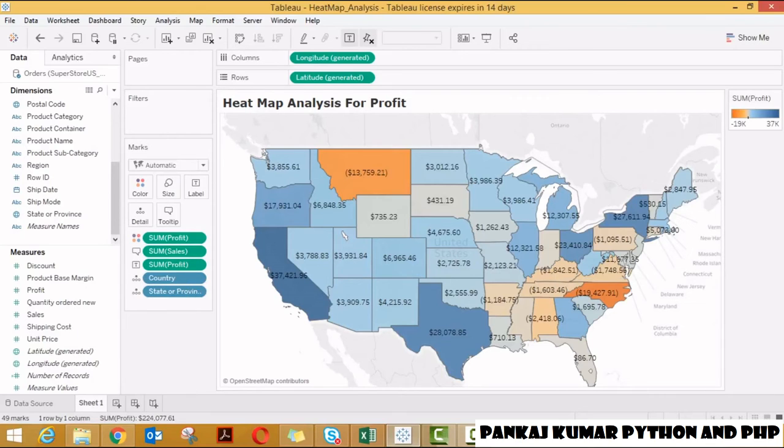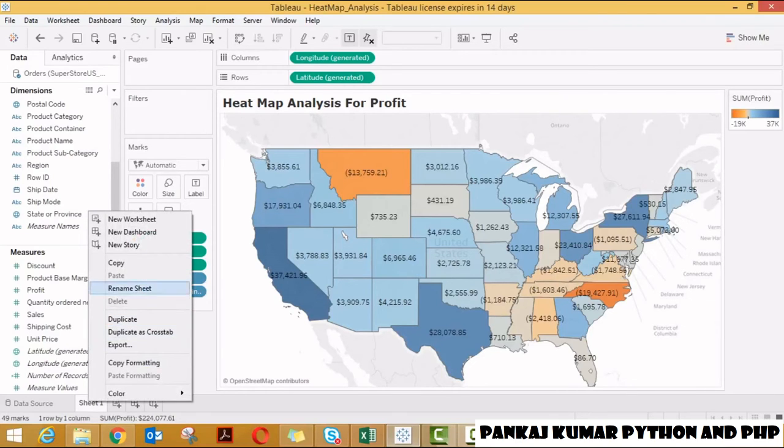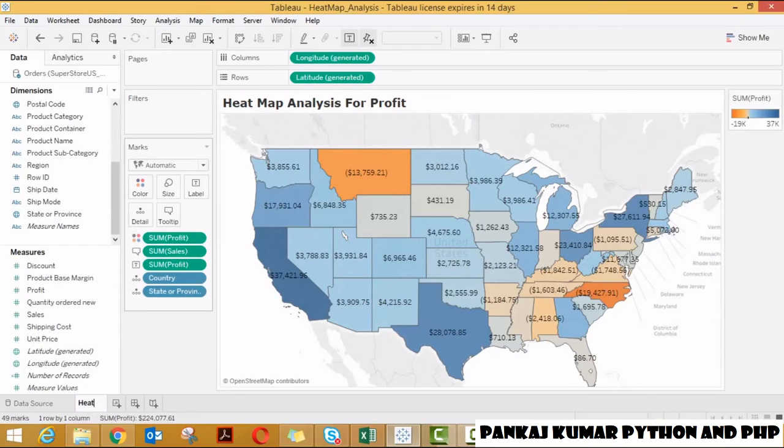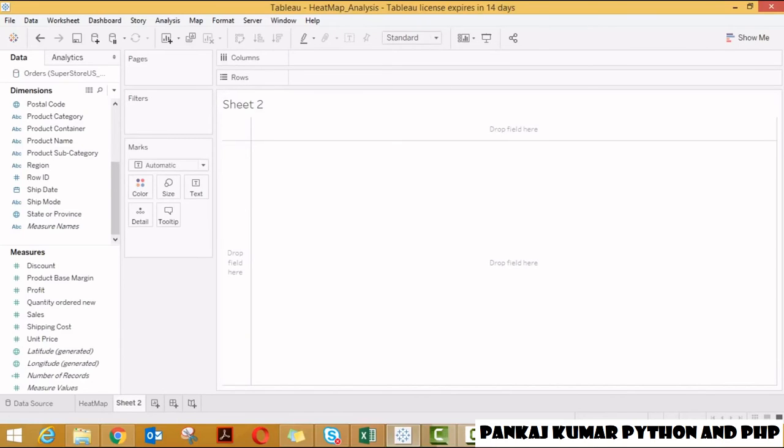Let us rename my worksheet heat map, and with this we have created a beautiful heat map which reflects the analysis of profit with respect to regions and states. Similarly, you can create another worksheet with newer variables and other visualizations.